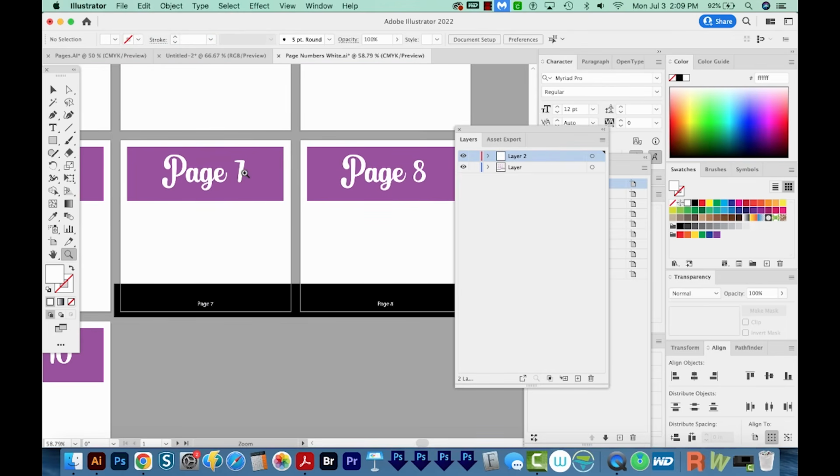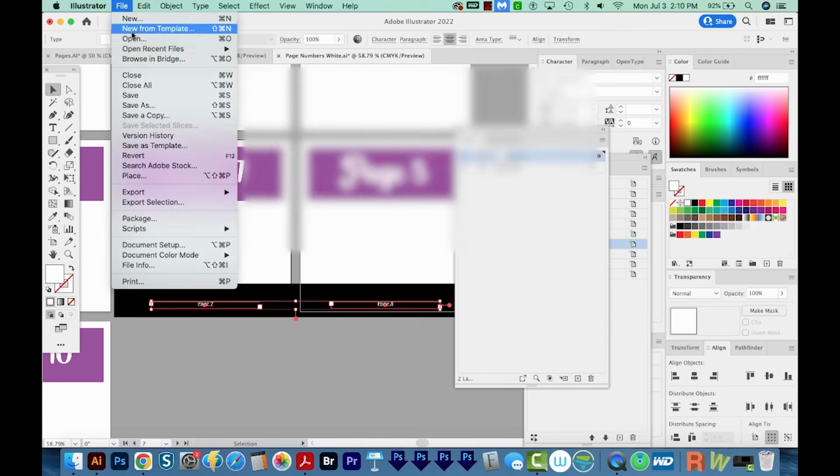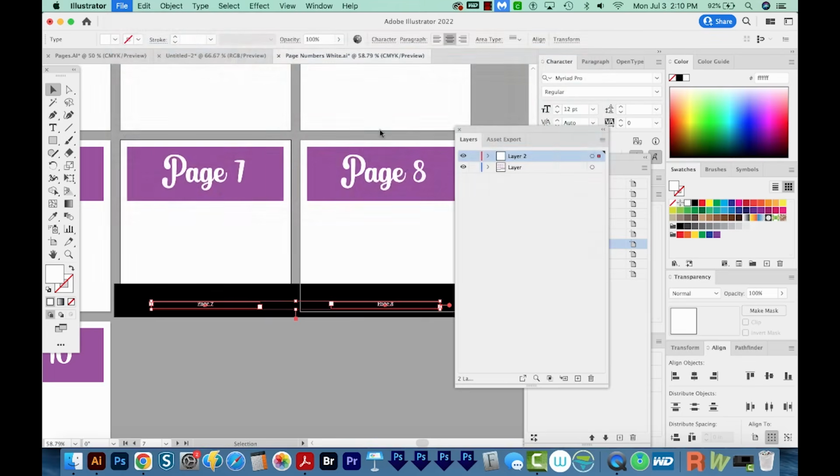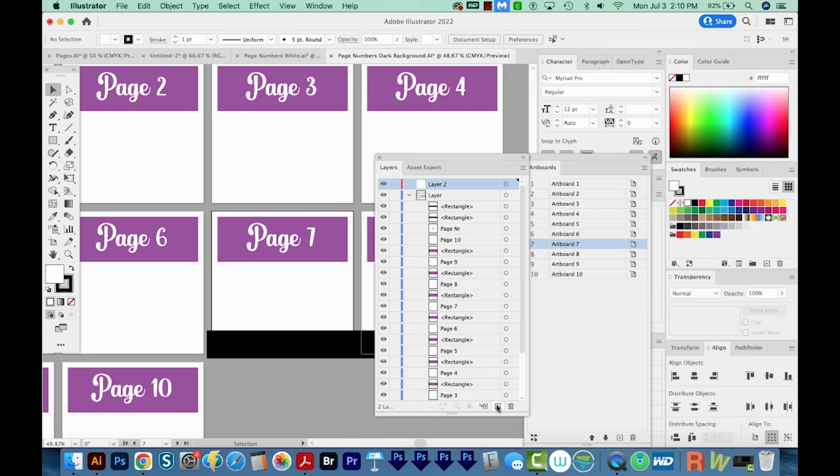So these two pages, page 7 and 8, have white page numbers. I'm going to go ahead and select these. You'll notice this artboard is selected, page 7, so just notice which is selected. I'll copy them, and I'm going to open up that original file with the dark background. I'll make sure to click on this artboard. I'll make a new layer, and then I'll paste in front with Command-F or Control-F, and it'll put those in